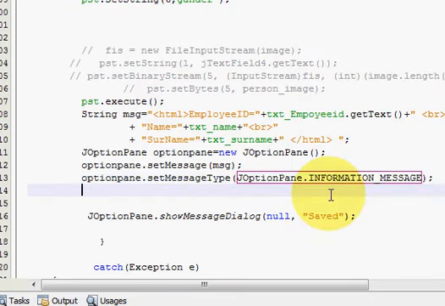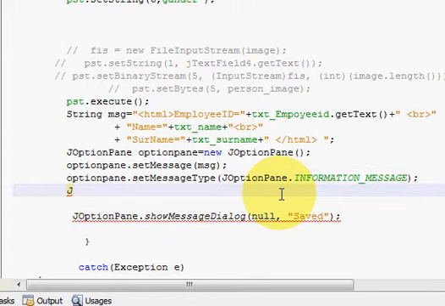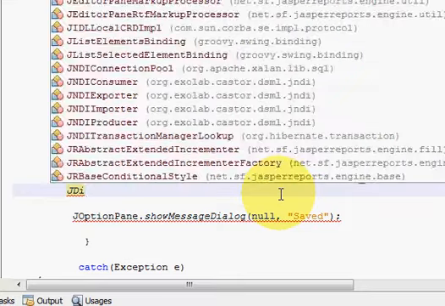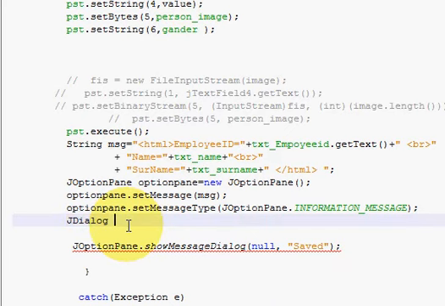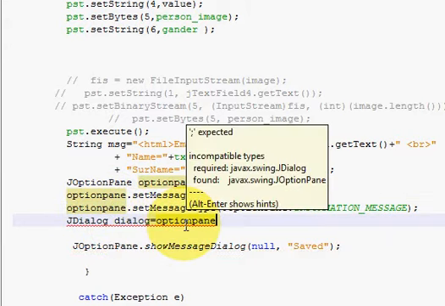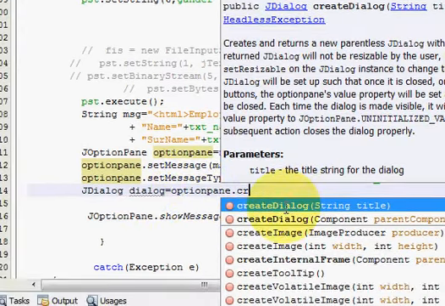We are showing this information that our employee name and our ID is this, so this is an information message. And once again write JDialog, this one, and give it a name. dialog is equal to your optionPane variable name dot createDialog,